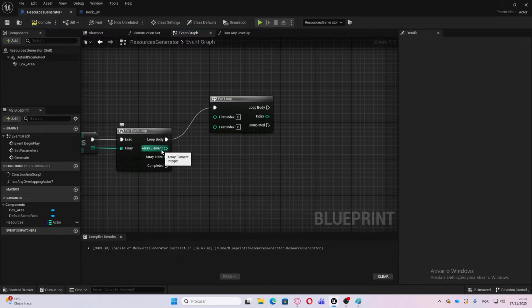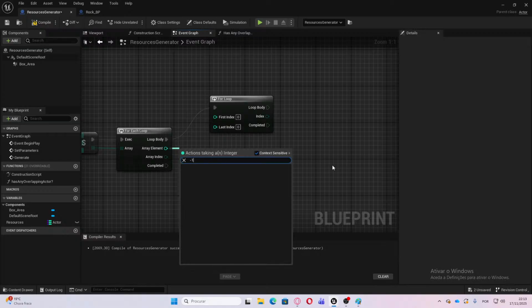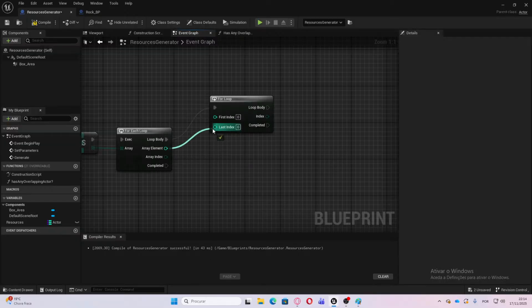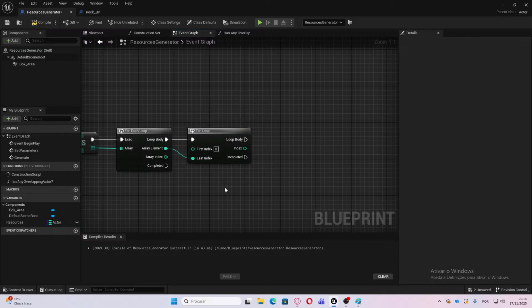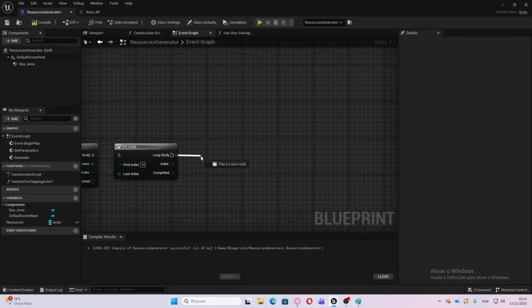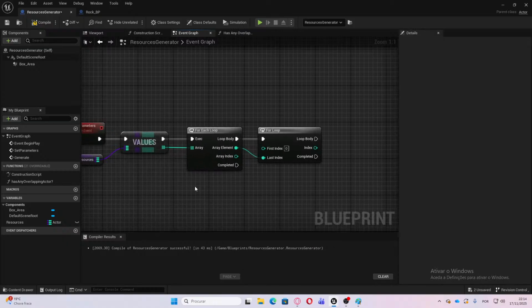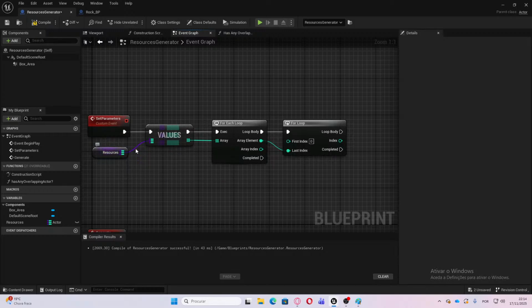And this array element minus 1. So if there's... actually no, this array element loop body, we want to... so basically what we're doing here is for the rocks, imagine the first value, so we have the rocks, imagine that we have 3 rocks algorithm. We're gonna go through all of those 3 and we're gonna get the array element. Wait, actually no,